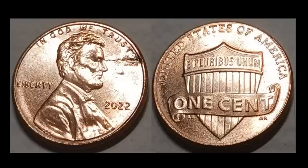All right, revisiting good old Flameball Eyes, Abraham Lincoln. Yeah, this thing has gotten a lot of different nicknames. Laser Eyes, Superman Eyes, whatever. But 2022 Lincoln Shield Cents. Shield Cents, by the way, have been the go-to coin for a lot of roll hunters, all right? Because there's been a crap ton of errors found, even in this year's 2023 with the VDB-V variant, that even to this day are selling between 30 and 40 bucks as a huge chase coin. But keep in mind, this one exists from last year,